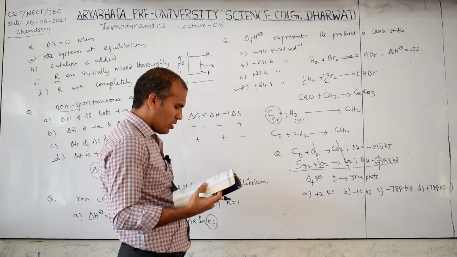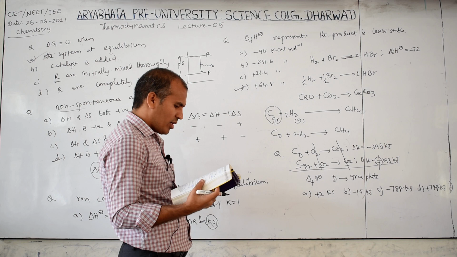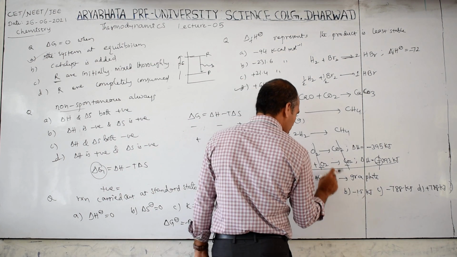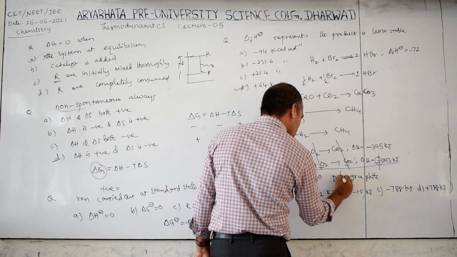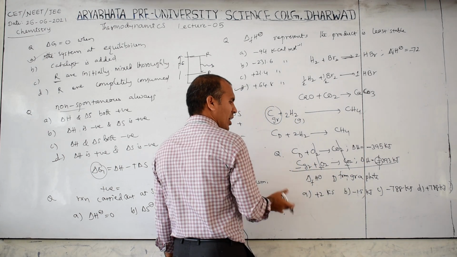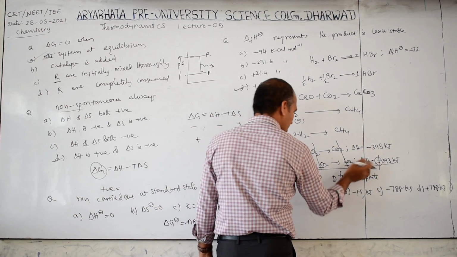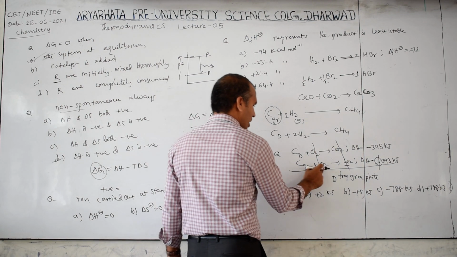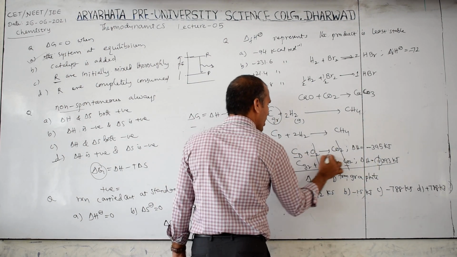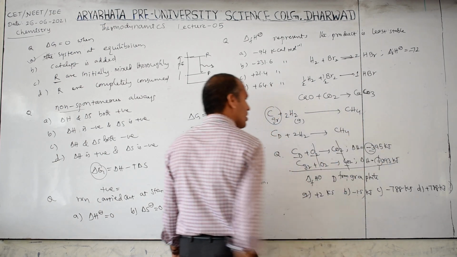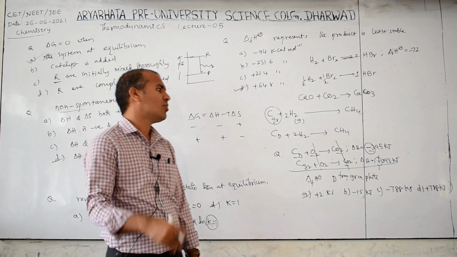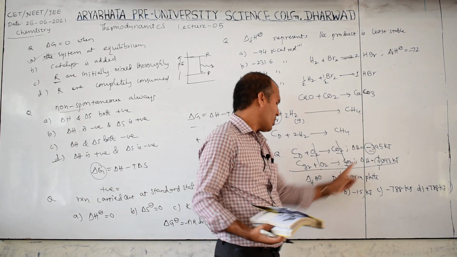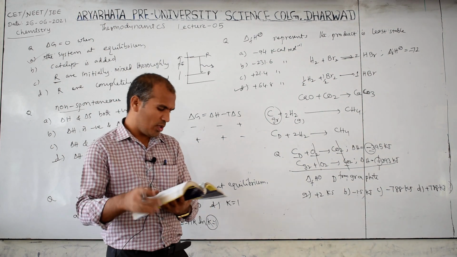Sorry, the question is the enthalpy of formation of diamond from graphite. Okay. So they are asking the enthalpy of formation of diamond from graphite. Diamond from graphite means diamond should be on the right side and graphite on the left side, which means that time it is reversed, then it is plus only. So from the higher value the lower value is subtracted, and you will get plus, that is 2 kilojoule per mole.